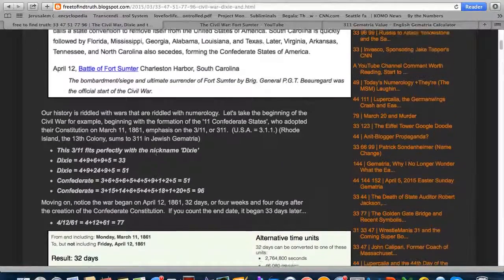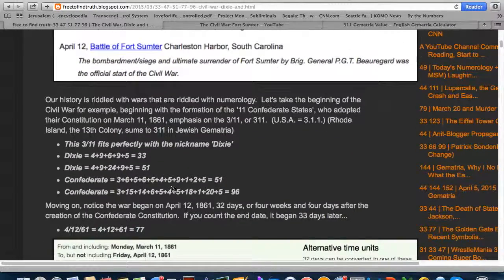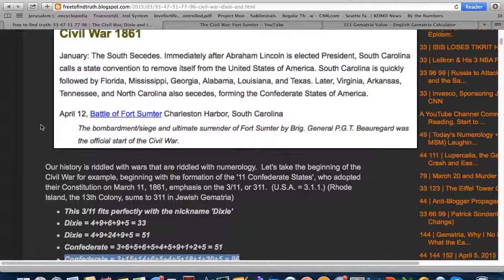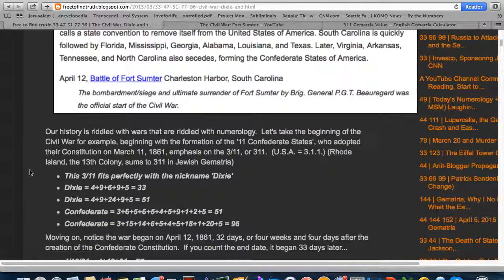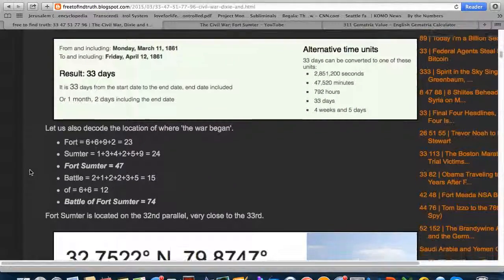Wars are about sacrifice, martyring men for somebody else's purpose. I want you to notice that the word Confederate with simple English gematria sums to 96, just like Freemason. The Confederate States were a Freemason creation with the rest of the nation. This is called controlling all sides of the debate, all sides of the conflict. This is how they've controlled history. They've sandwiched people by controlling both ends of the spectrum on all societal shaping events, including wars. It's always been this way.